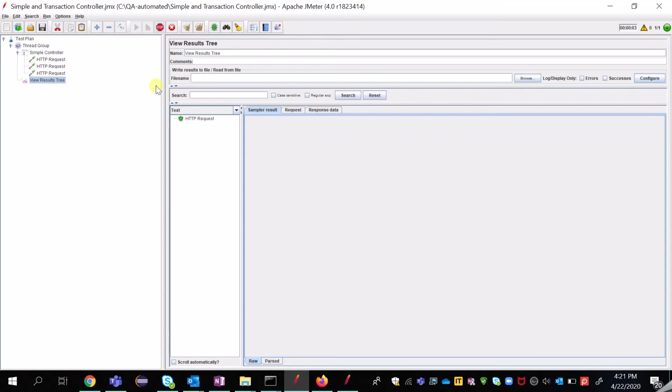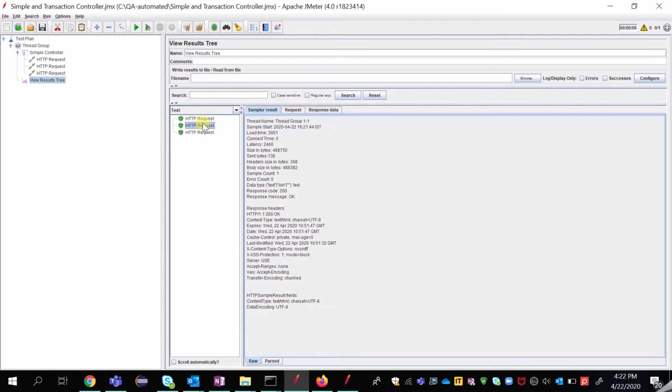So if you see, there is no difference in a test or sampler run when they are outside the controller or when they are included in a controller. So simple controller is nothing but just grouping of the requests. It will not have any additional functionality over the samplers which are already present. So you can capture the report for each and every sampler individually.